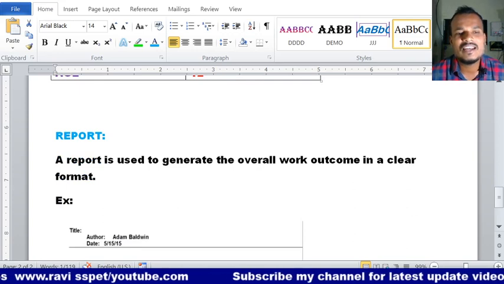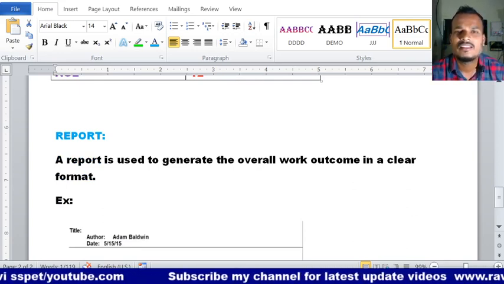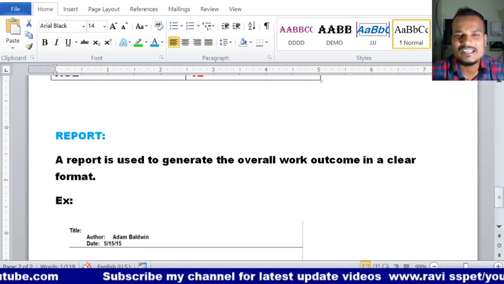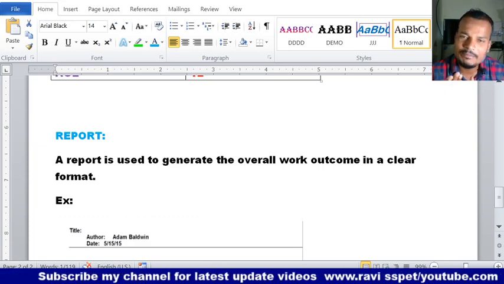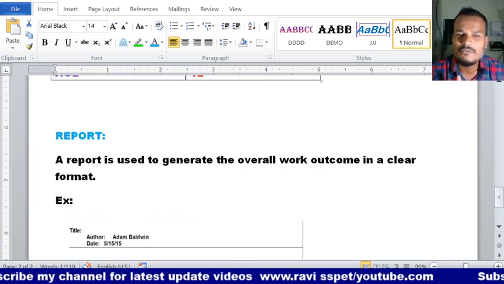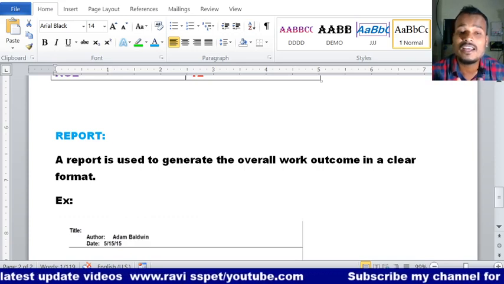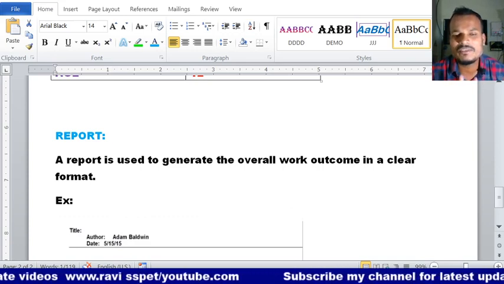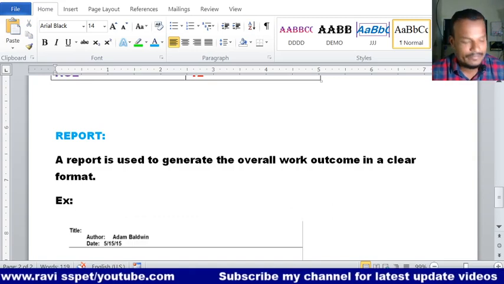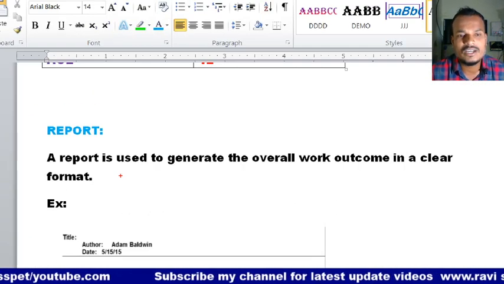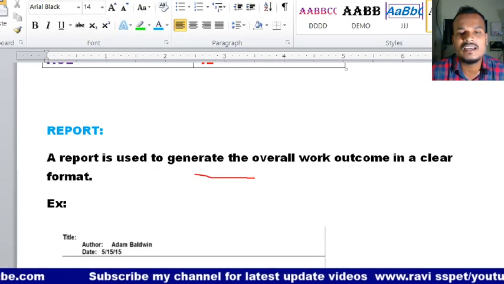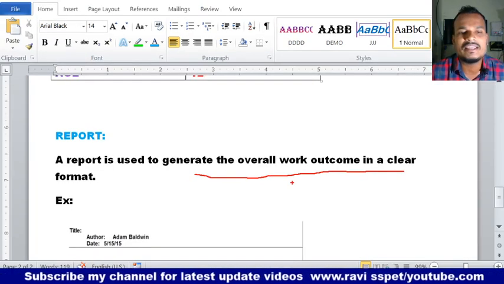The next one is report. This is also an object in a database. In reports also we can store information in a database. What is the purpose of a report? Use it to generate the overall work outcome in a clear format.